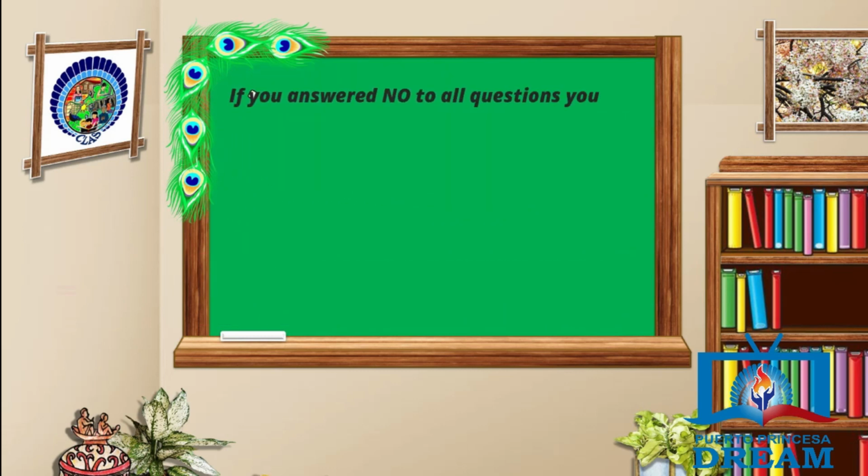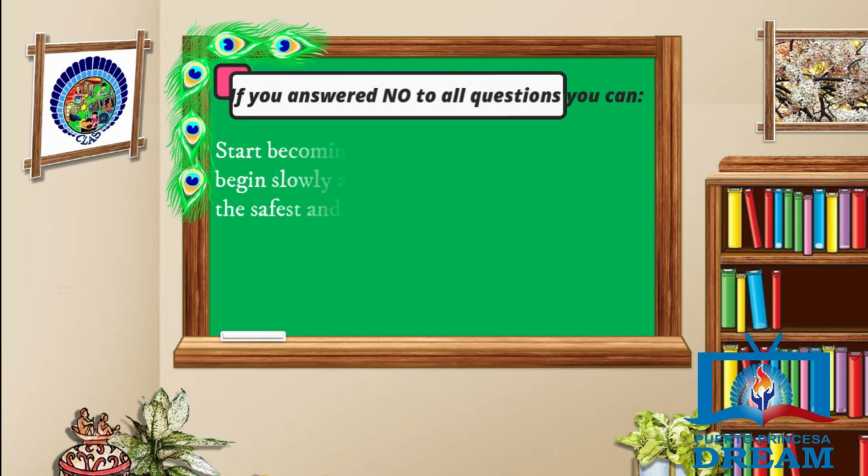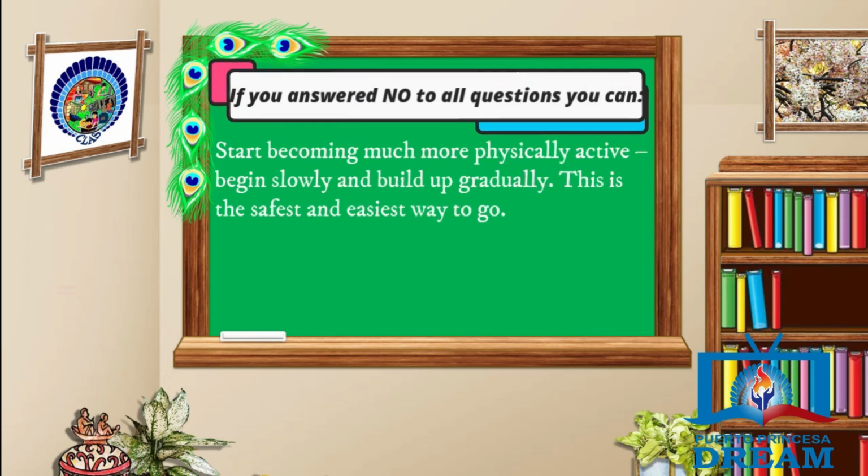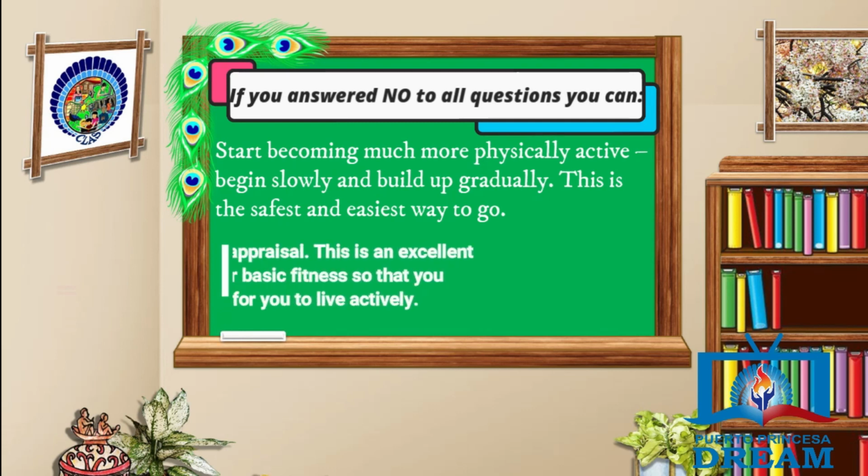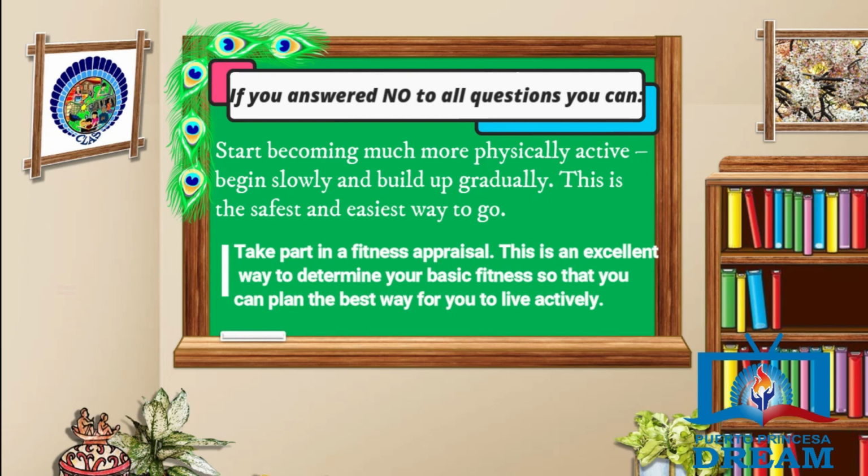If you answered no to all questions, you can start becoming much more physically active, begin slowly, and build up gradually. This is the safest and easiest way to go. Take part in a fitness appraisal. This is an excellent way to determine your basic fitness so that you can